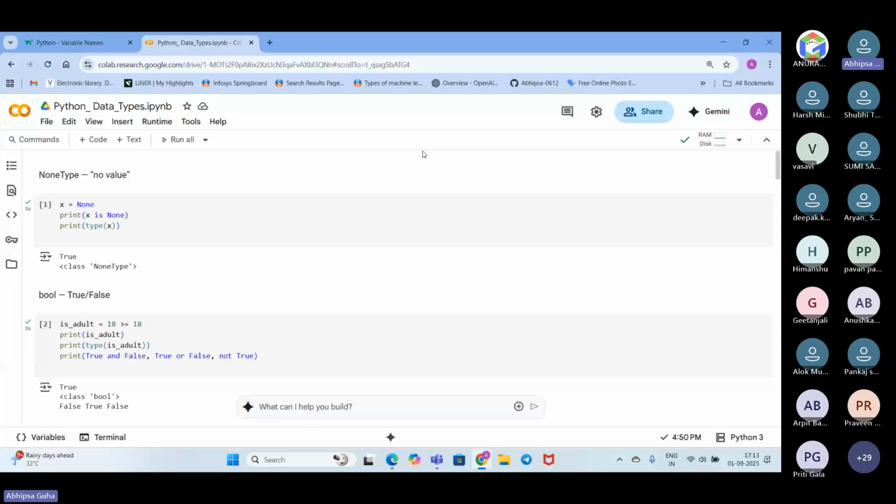Next is data handling. Python is very good at data handling. We don't know in what form the data will come to us, right? It can come in Excel files, CSV, or in databases like SQL connections, JSON, or even live data from the web.